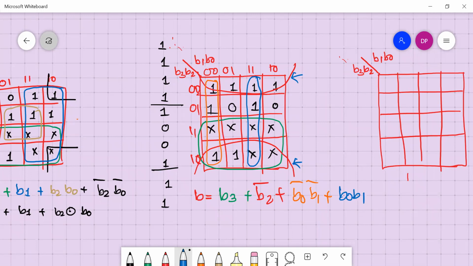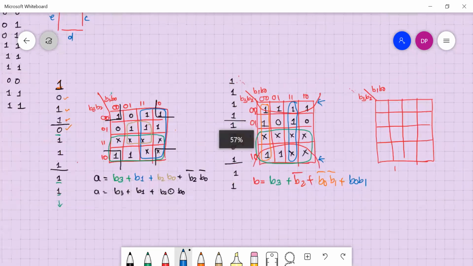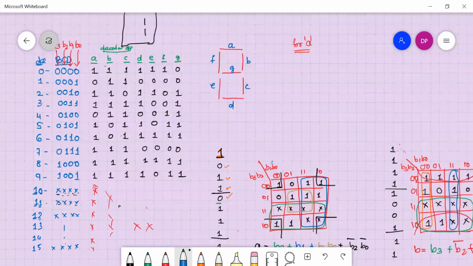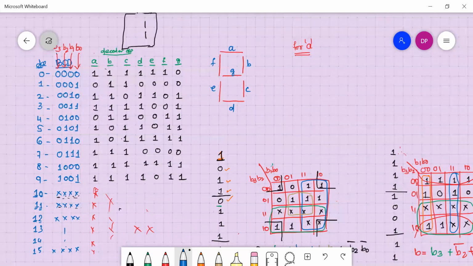Right. So we'll move to get an expression for C. Now let's see. Let me copy this C over here.